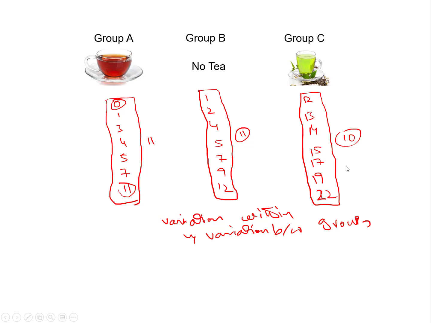You will reject the null hypothesis that the means are equal. So this is the case for the between group. Why will we reject? Because the mean of this one is not equal to the mean of this one, not equal to this one. So you will reject the null hypothesis because there is a significant variation between groups. If you compare this C group with the B group, or the C group with the A group, there are huge differences.